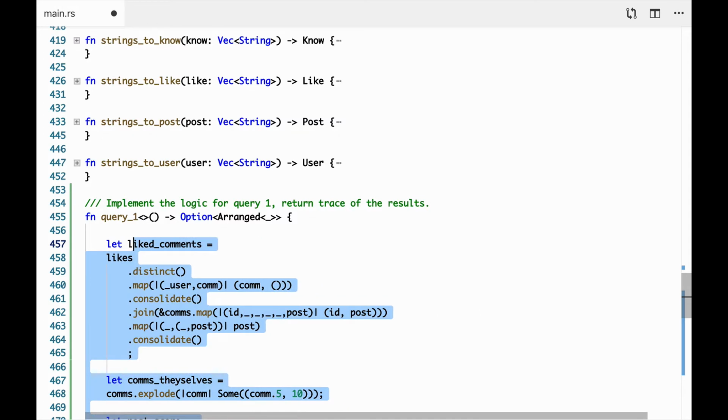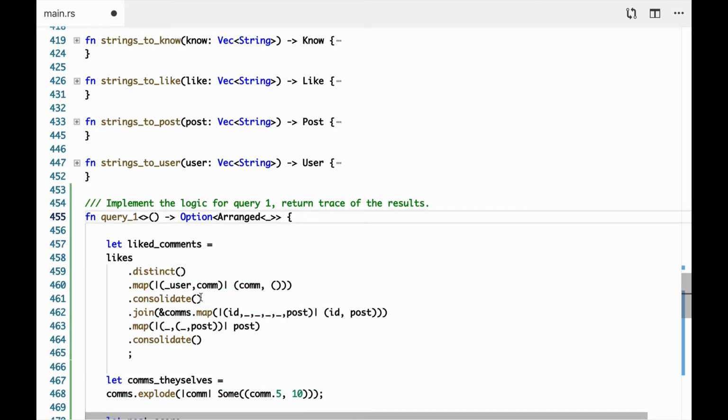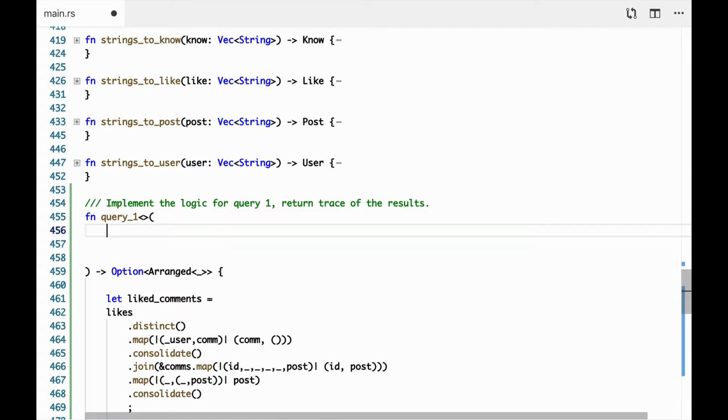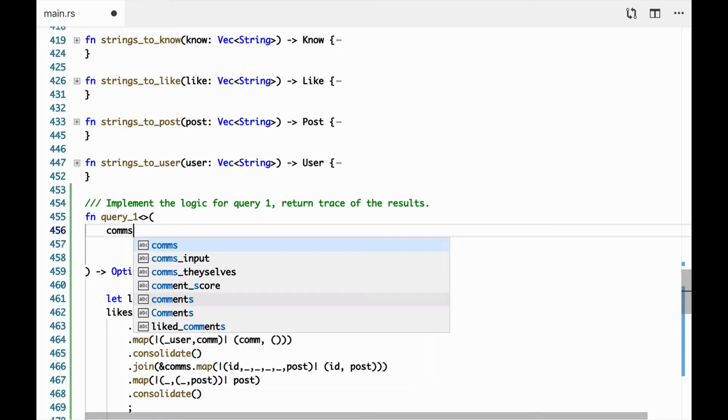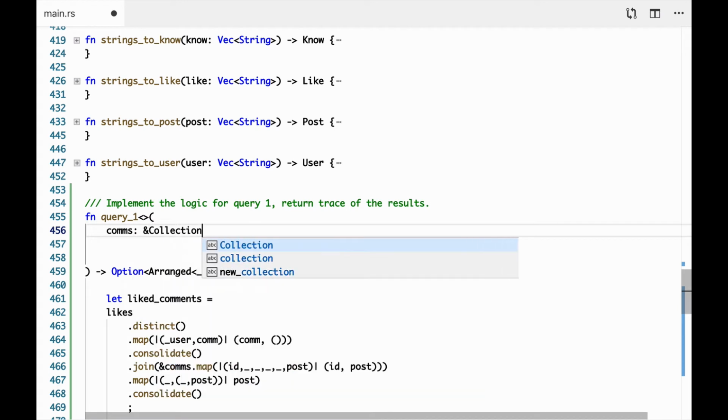The first thing to do isn't actually to write the code, probably. The first thing to do is going to be to write some of these generic type parameters and some of the input arguments. Let me write the inputs first, and we'll see what we actually depend on here. So we're going to need, I believe, 3 collections coming in, and if that's wrong, we will fix it as we go. But I believe we're going to need some comments, which are going to be collection,